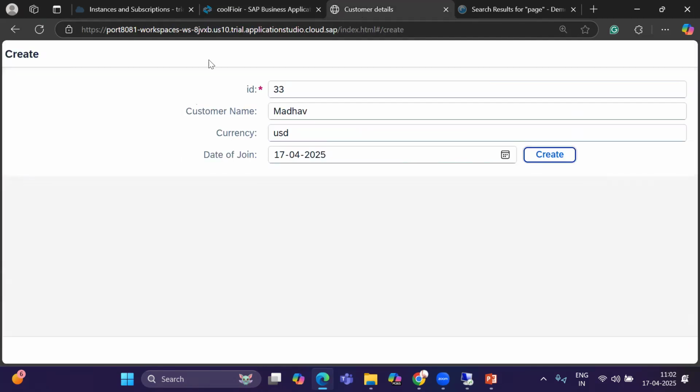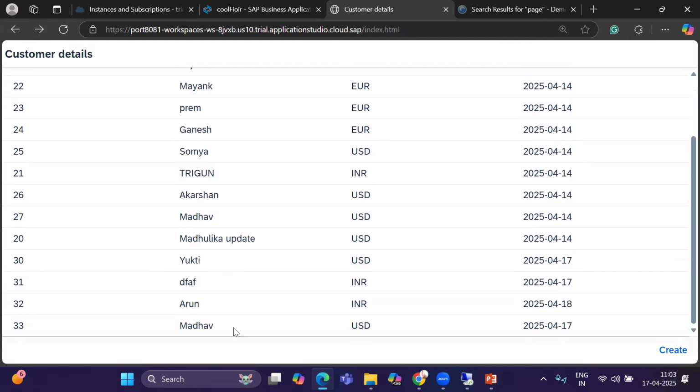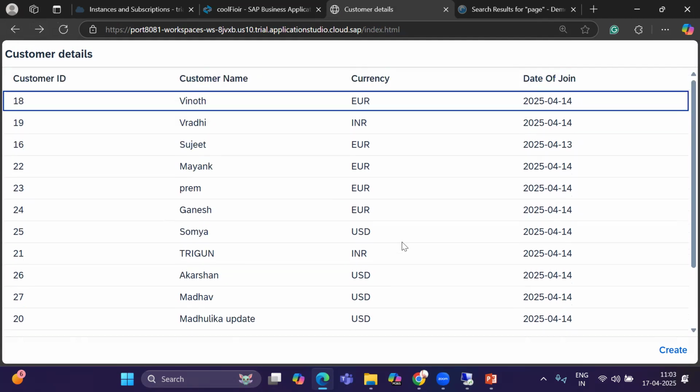Okay, let's go ahead and just see if we got Madhav inserted in it or not. So you see at the end, you see Madhav got inserted just today. Okay, so yes, so you saw that how we can just